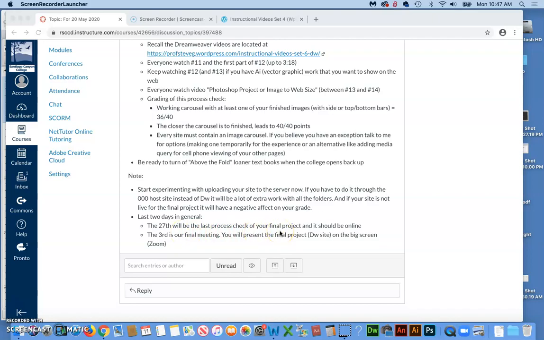It'll also be the date that your WordPress site is due. And then the 3rd is our final meeting in which you will present your final project, normally on the big screen, but this semester it will be done via Zoom. Okay,